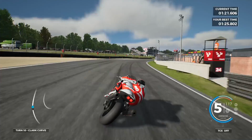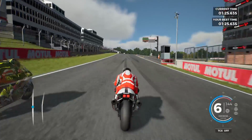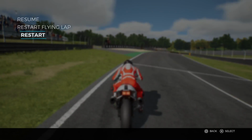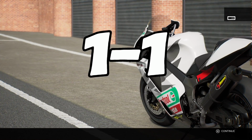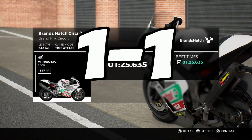I think it might do, and we're coming towards the finish line, and it's going to be a win for the Honda. Well, I didn't think that was going to happen at the start of the time attack with its first lap, but there you go. The Honda on the default setup managed to beat the Aprilia. Now that is a massive surprise, levels the scores 1-1,